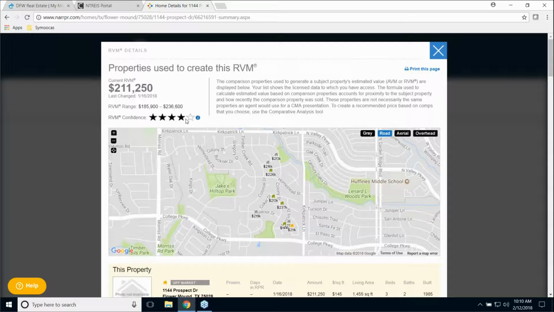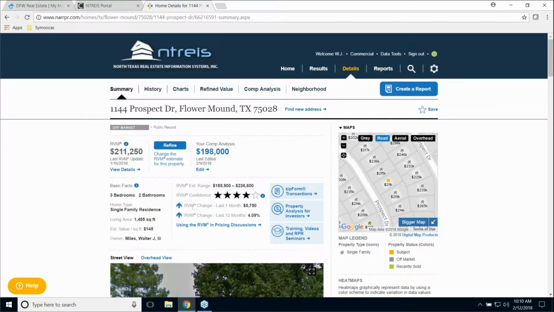Here's a really good question, WJ. Is RVM a rolling estimate over the last 6 months or from the last month? If you look right here, it shows you the RVM change in the last month and the RVM change over the last 12 months. I have not seen the calculation for RVM as to how they calculate it, but every property in the United States, every residential property, I should say, in the United States, the RVM or AVM is